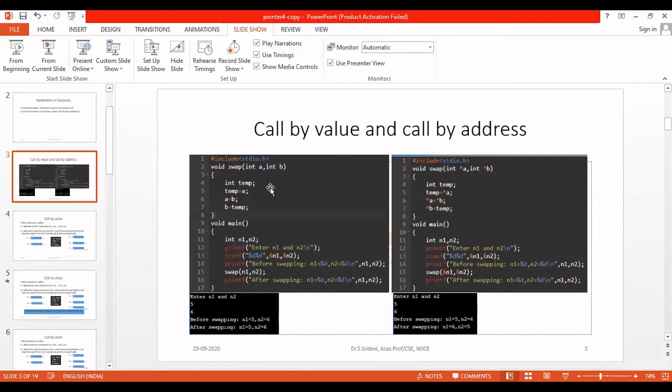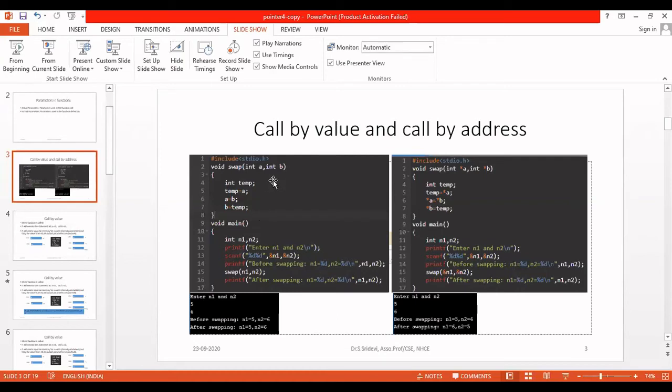Inside the function, whatever changes you are doing are reflected only in the formal parameters, not in the actual parameters. Because of that, we are not getting the answer in the main function. Okay, so this is called call by value. You will go for call by value whenever you want to return something. Always remember, in call by value, if we return the answer, we will store the answer in the main function. Here I am not returning anything. My return type is void. I have done some changes, but the changes are not reflected in the main function. So this type of thing is called call by value.